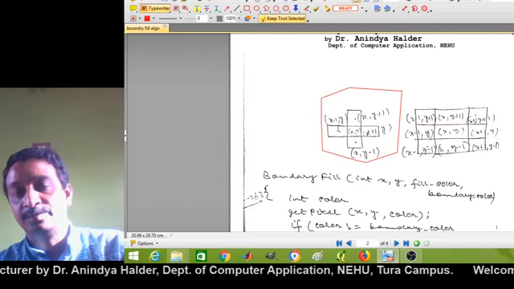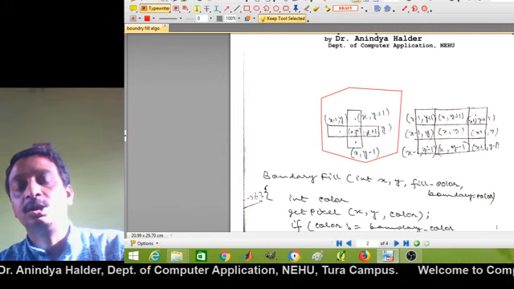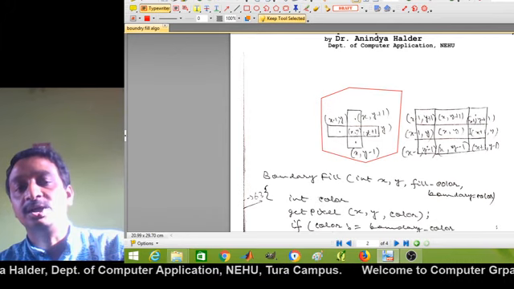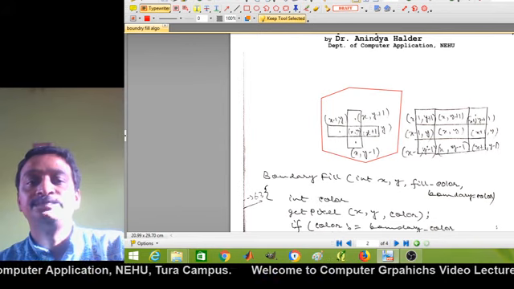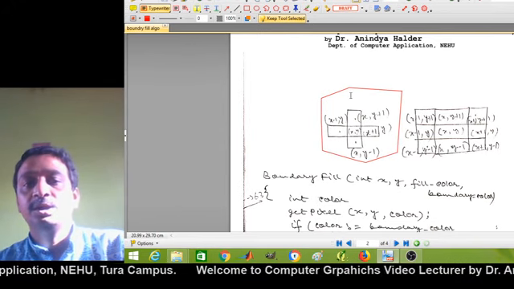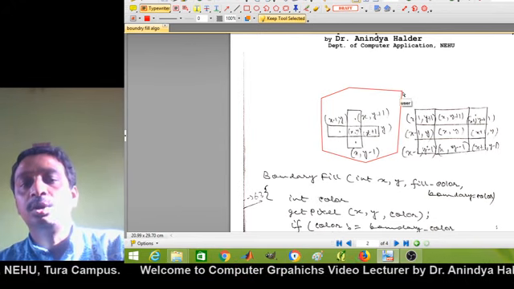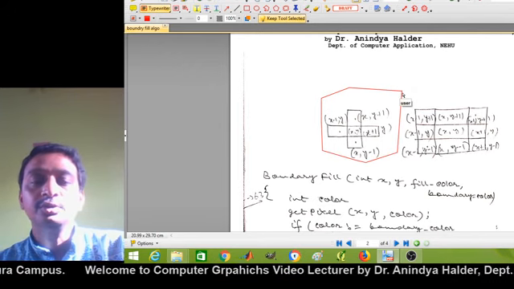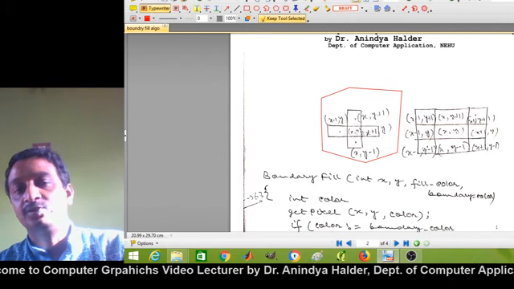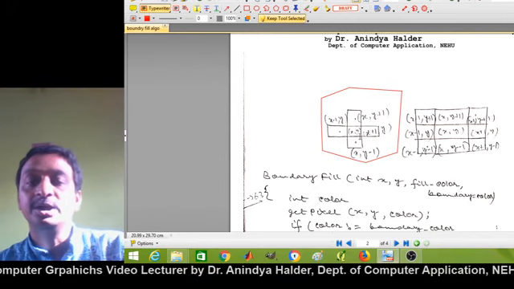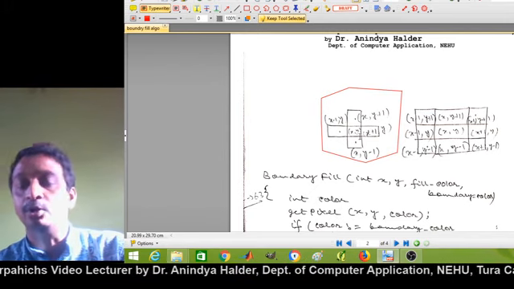region to be filled. Then it will check whether that chosen pixel, the seed pixel, is lying on the boundary or not, and also it will check whether that chosen pixel x, y is already filled with the specified color or not.